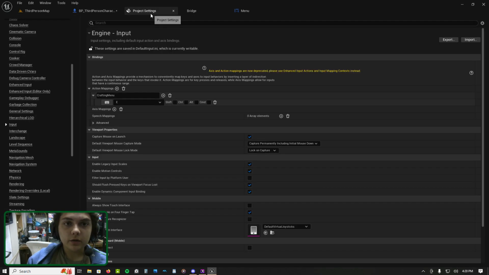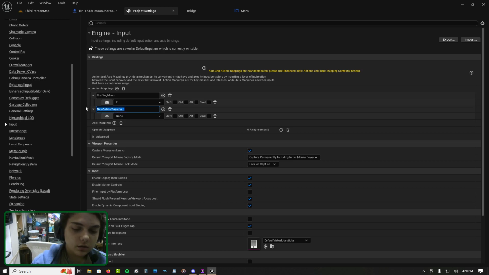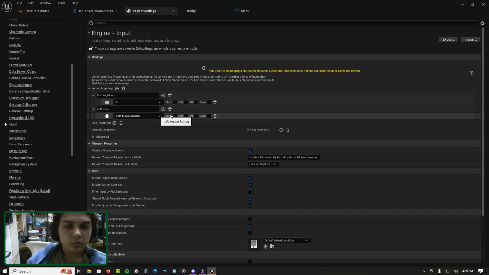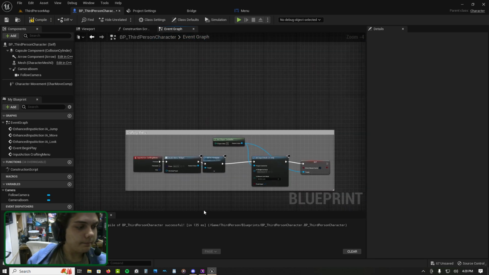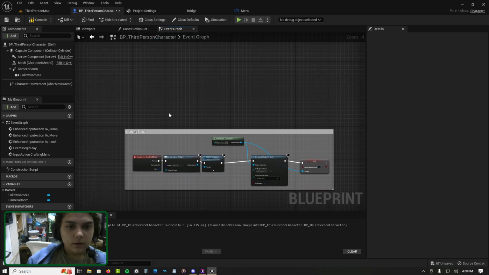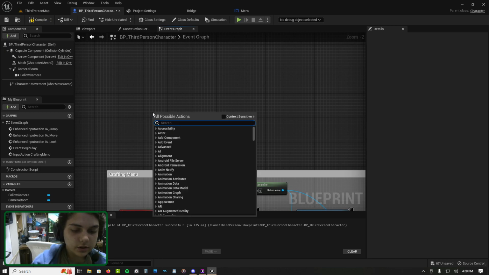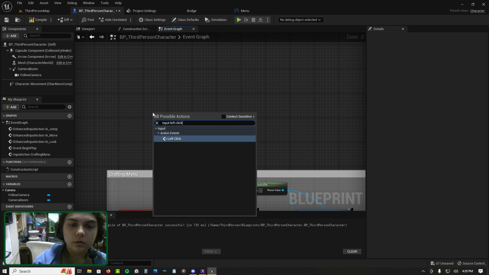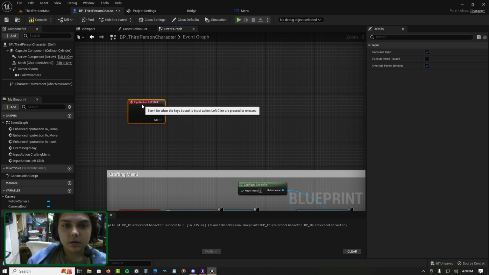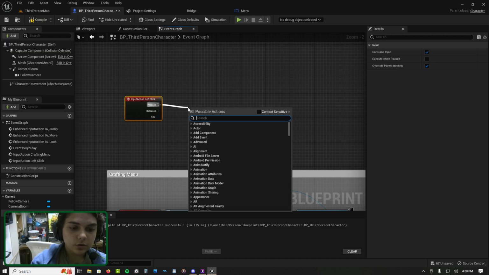So let's add another thing that we can do here, another action, which is going to be called a left click. And the way that that will work is we're going to press the left mouse button. And so let's get our input left click here. Now this click button is going to link to,